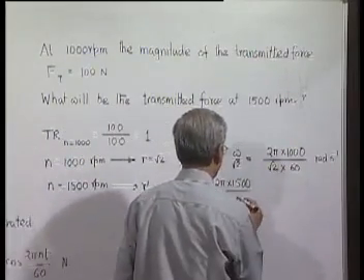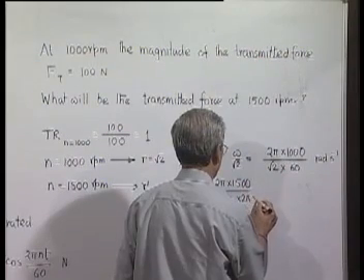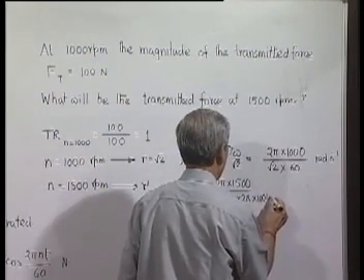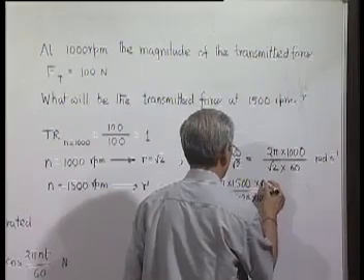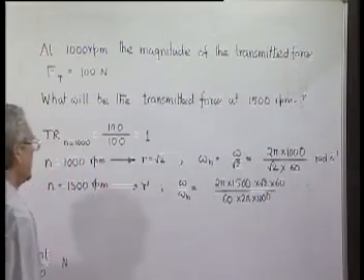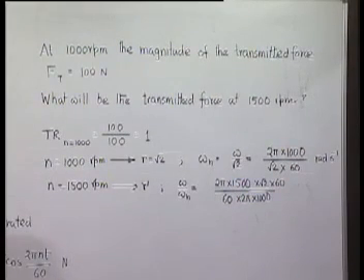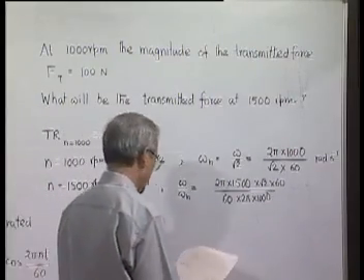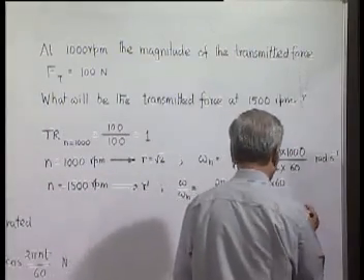Omega n is this much. And this will be 2 pi, 60, 100, they all cancelled. So, it will be 15 root 2 by 10, and whole thing is